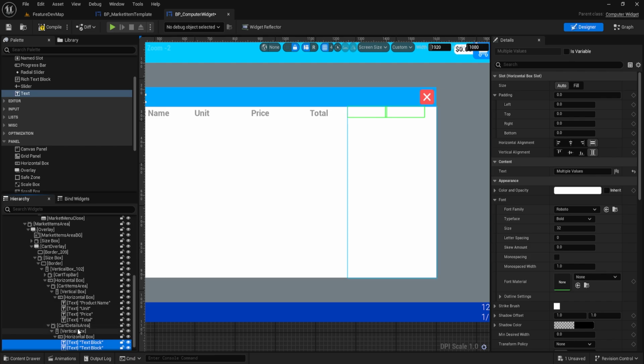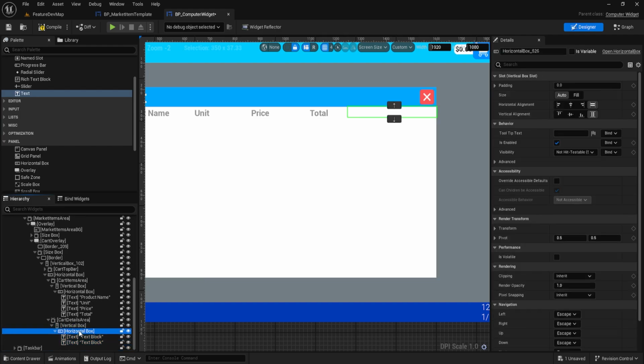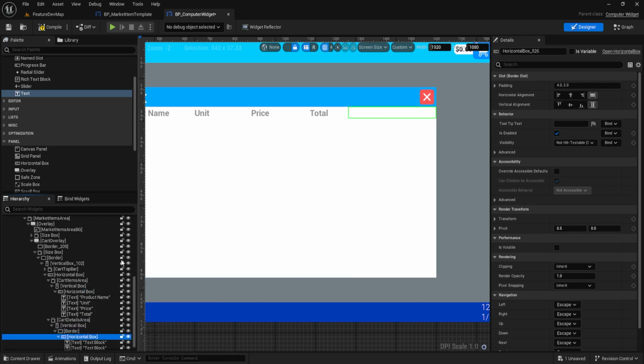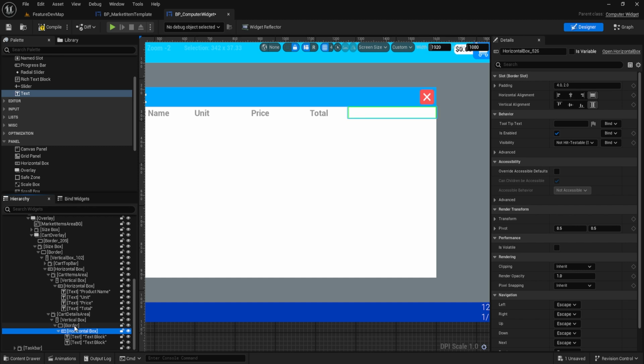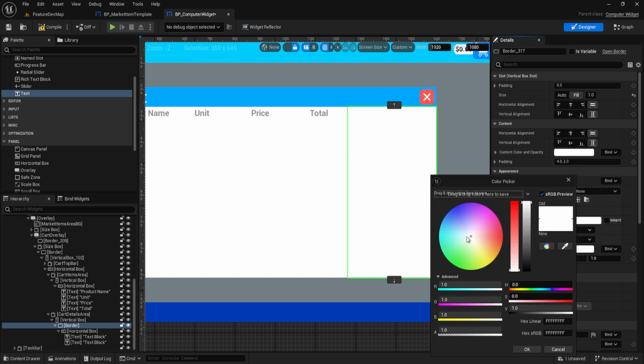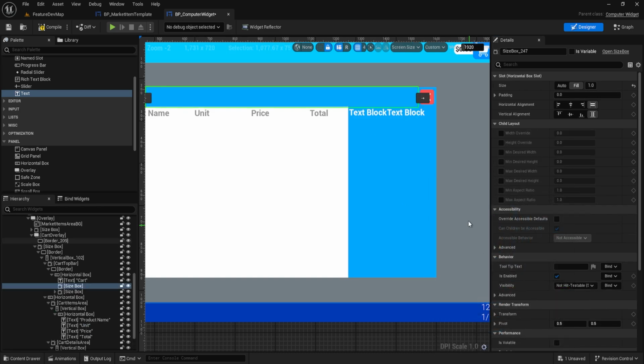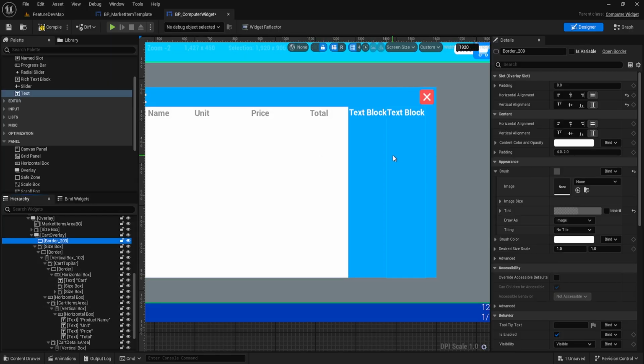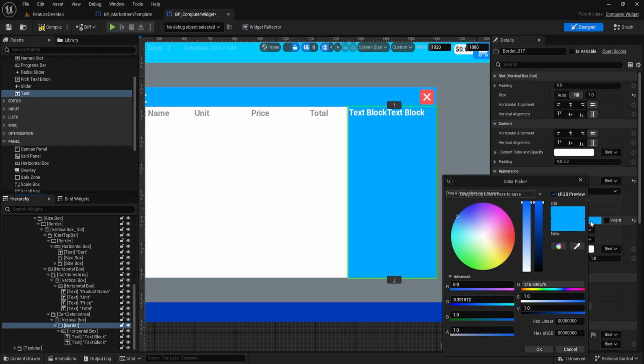both of these. Okay, so we also have a background color inside the vertical box before the horizontal box. So instead of cutting, we can use a simple function. When you right click on the parent, for now we want to reparent this horizontal box with a border, so you can simply select wrap with border. It is automatically going to change the parent. Now for this, set this to fill, and border tint, let's select the same color. I think that is a similar color, not the same. Border, let's make it